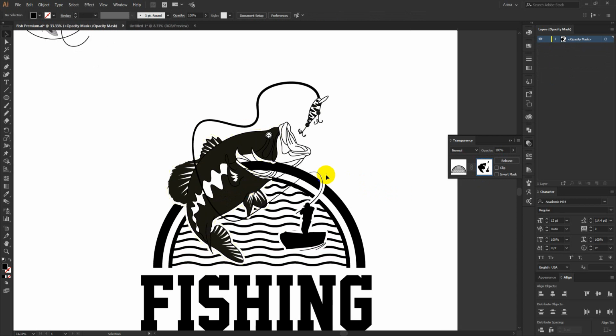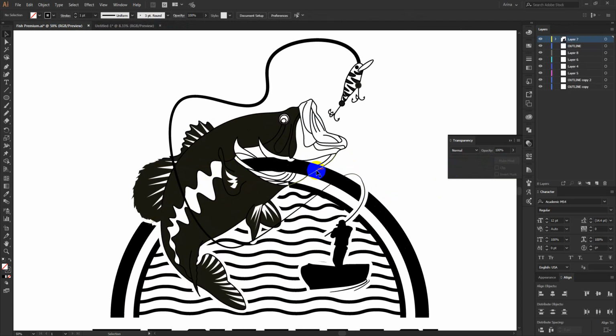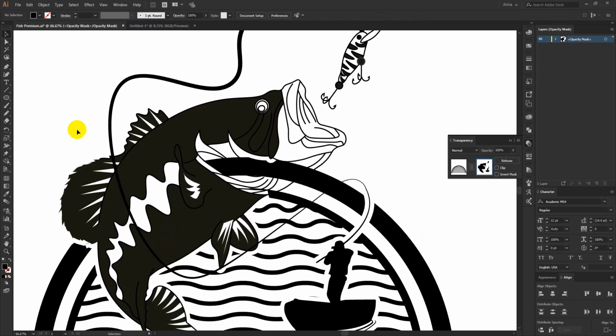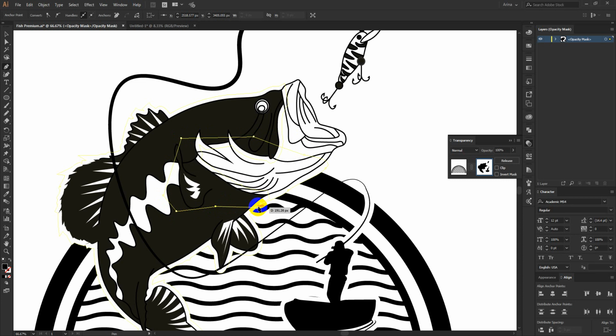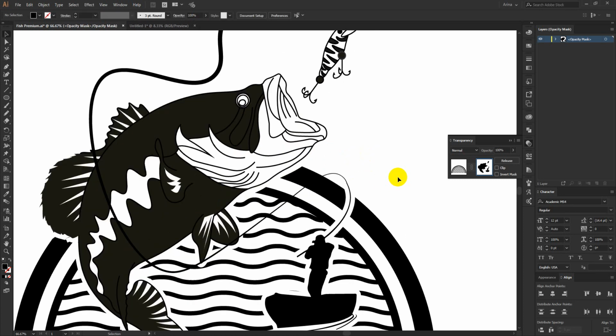As you can see, these areas are now looking like this cutout effect here, but I can still see some problem, like when I pasted that fish image here, this area was not filled. So I can simply use my pen tool here to make them like this is being cut out from these areas, not there, this total area, something like this.